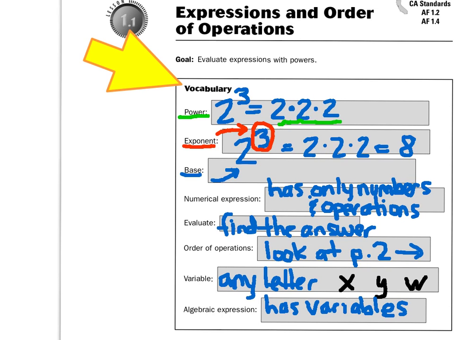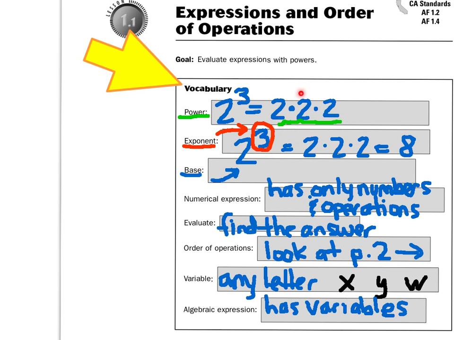Hi, let's look at expressions and order of operations today. And you'll notice that big yellow arrow, that's saying we're going to look at vocabulary. The first vocabulary word is right here, the power. Now a power is when we write out, for example, 2 to the third power, and I write it out